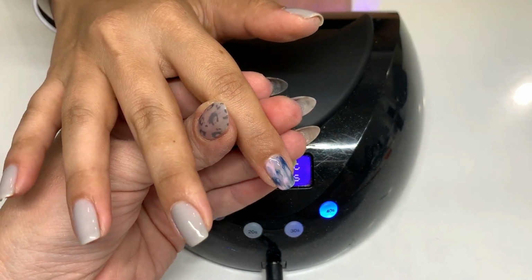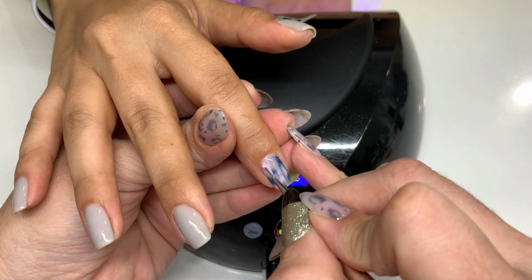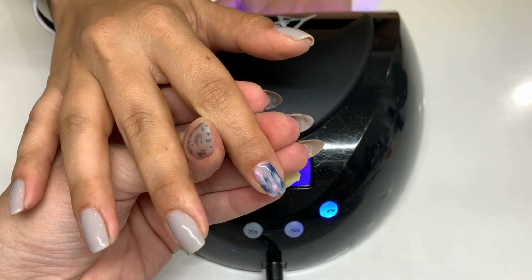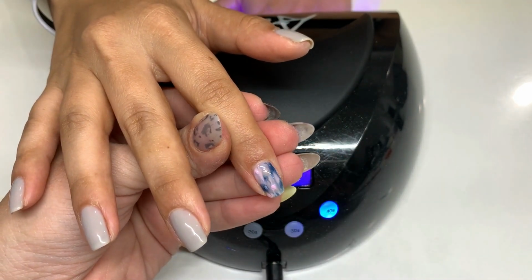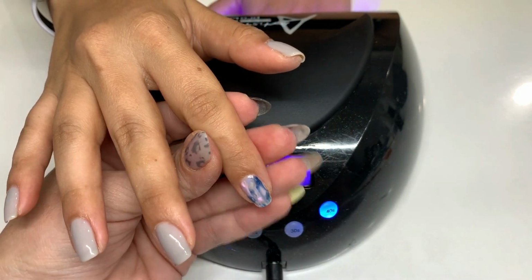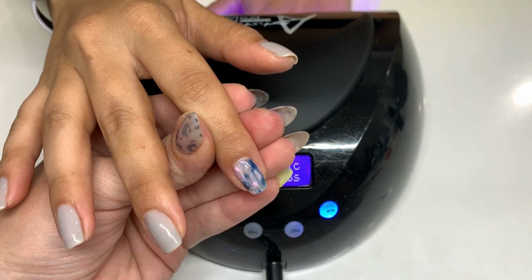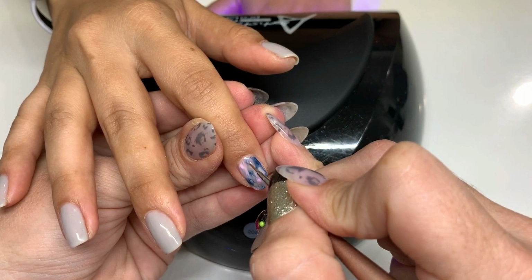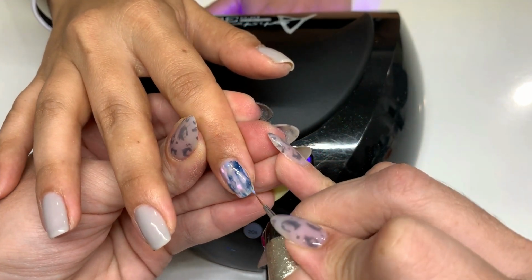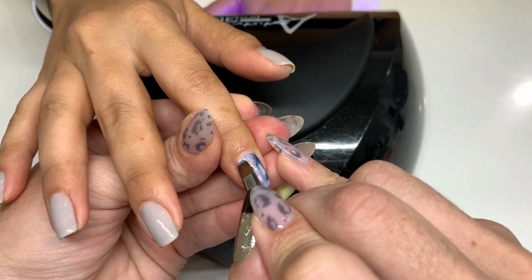Awesome. Now if you see some parts that you want a little bit more intensity in color, just go back in and kind of in that same area put the color. A little bit more gray in here. It's a good time, if you see any clear spots that you want to cover up, to go back and just add a little more polish to it. Or any color that maybe got washed out a little too much and you don't notice, you can just go back and add a little bit more. And then with my brush, I'm gonna go ahead and again just